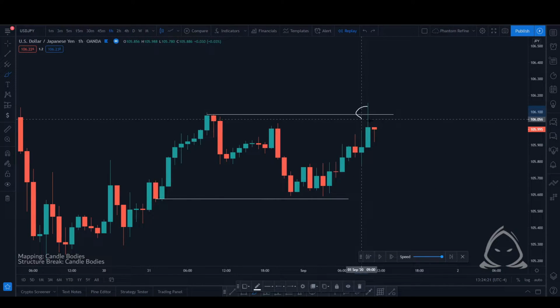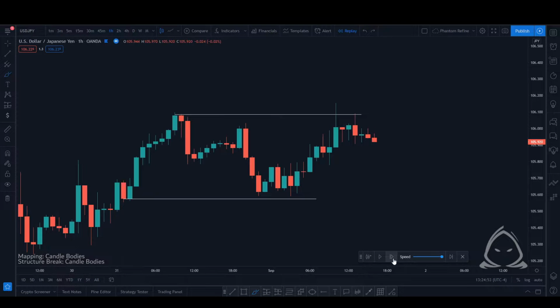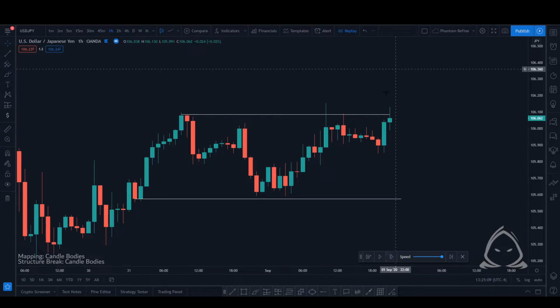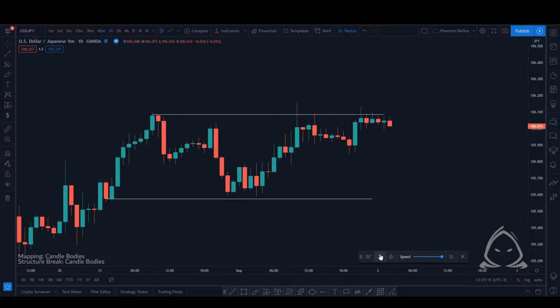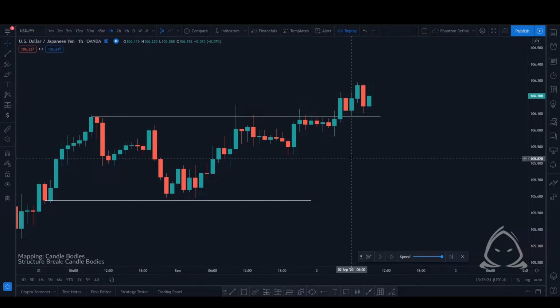And we can see we wicked it. We haven't actually broken and closed above this high here, so this is the range that we're still trading in. Basically, this is a test of supply, as well as testing the resistance that would be created at this level now that we're putting in lower highs and lower lows. We tap into the high, but we haven't closed above it, so we're still caught in this range. We've wicked it yet again, but we haven't actually closed above. Just hit play, and we can see now we've finally broken that high, closed above it,